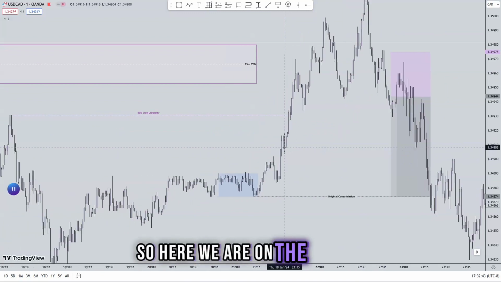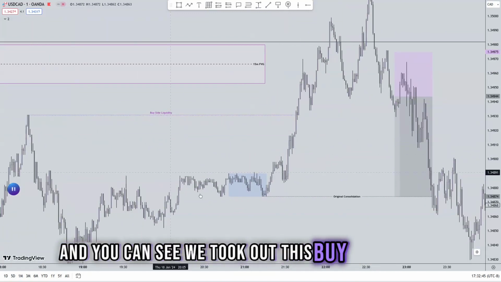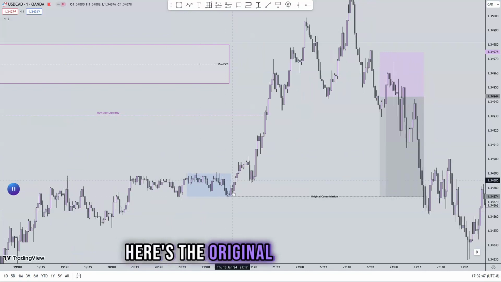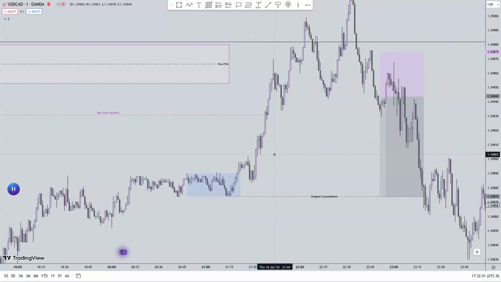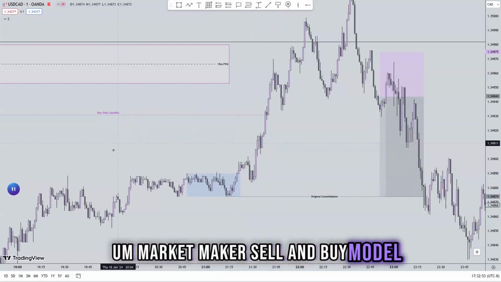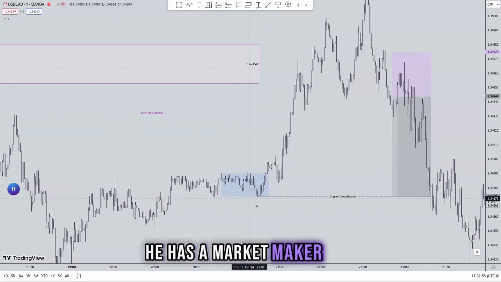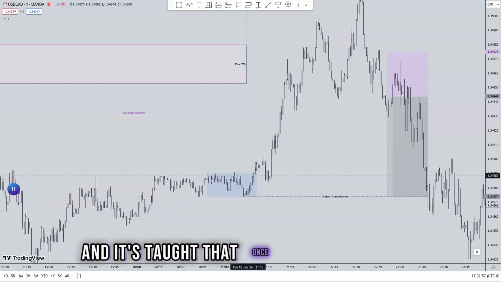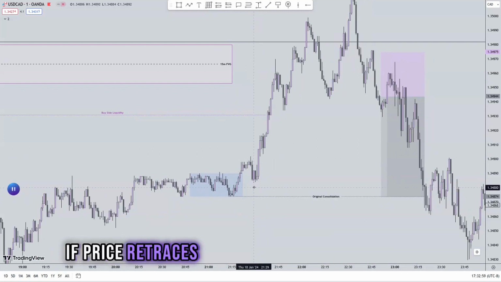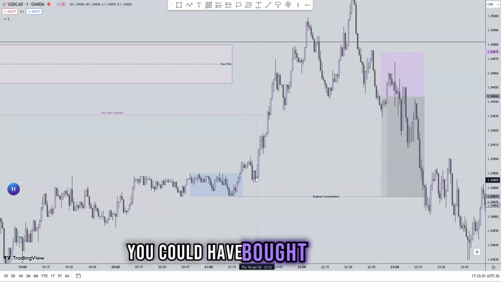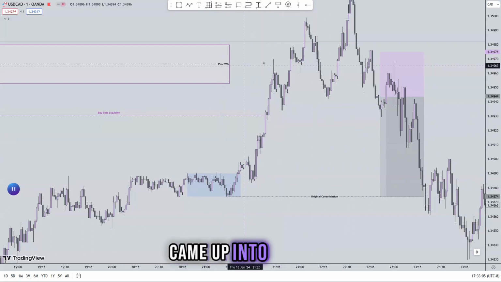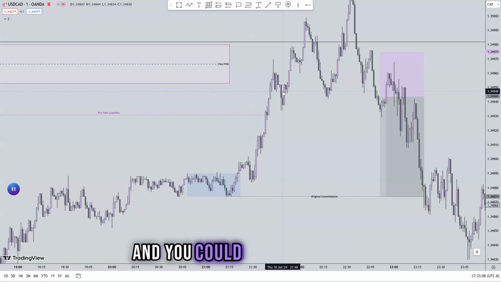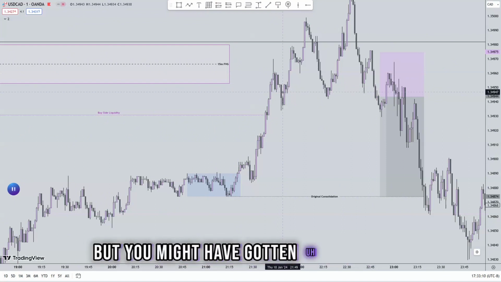So here we are on the 1-minute, and you can see we took out this buy side liquidity. Here's the original consolidation. And like it's taught in ICT's market maker sell and buy model, he has a market maker video, and it's taught that once you get a breakout, if price retraces into the original consolidation, you could have bought from here,